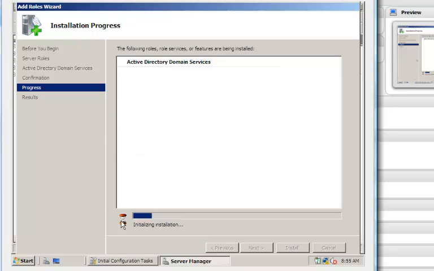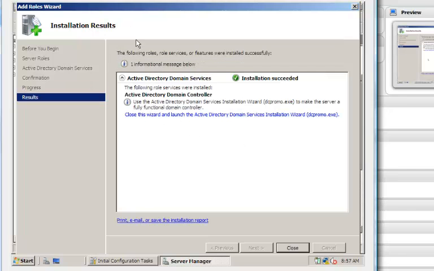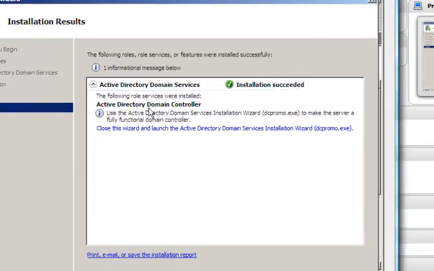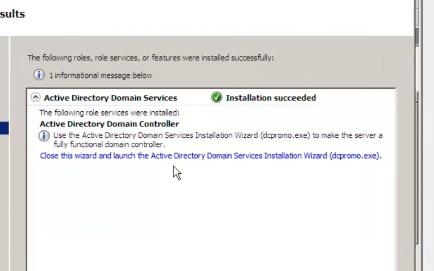And here you see Active Directory Domain Services is being installed. Now this will take a few minutes, so I will pause and come back. At this window, installation was successful, but we need to further install Active Directory Domain Controller, right? And this link here takes us directly to the Active Directory Domain Services installation wizard, where we can install